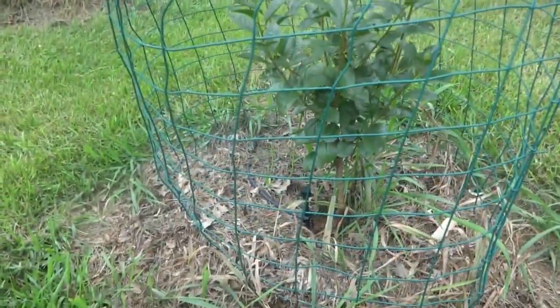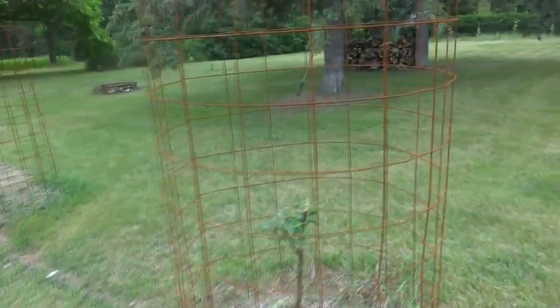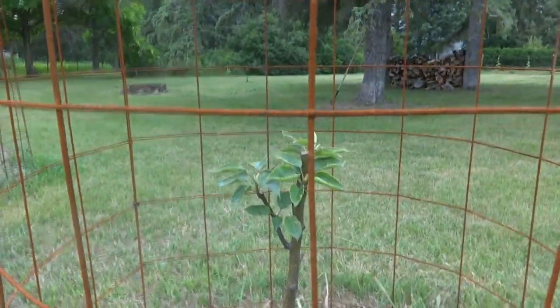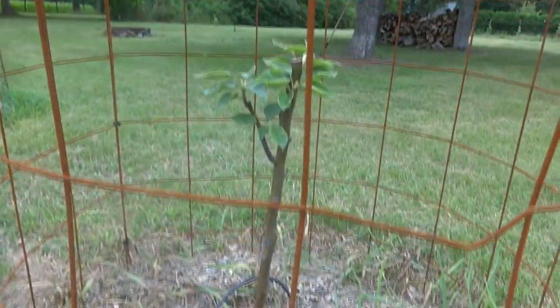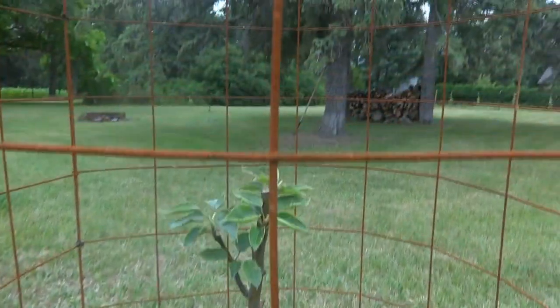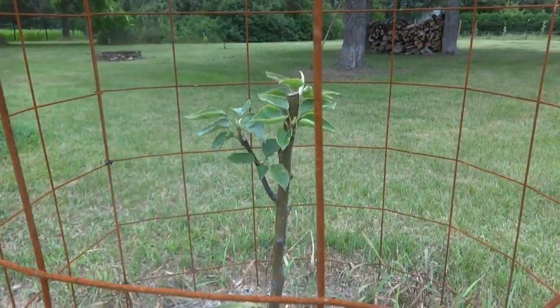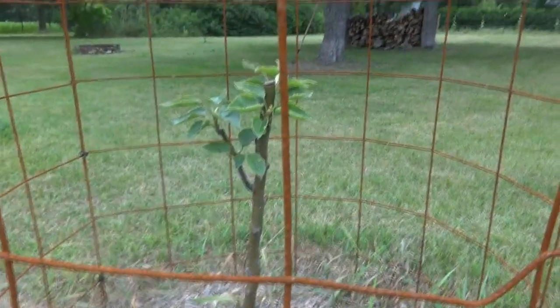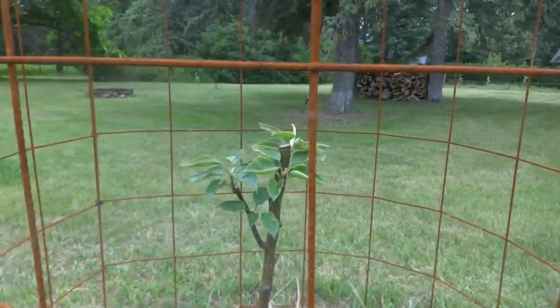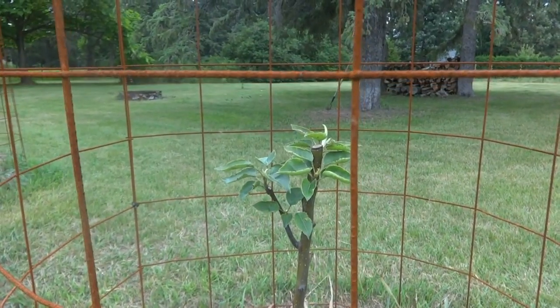Again, I added the irrigation to all these. This was an Asian pear, and it started growing and it just stopped. I started to look at it, and the more I looked at it, I noticed the black all over the bark. So I started cutting it down, and I noticed that it was dead. What we came to the conclusion is that it didn't survive the freeze over the winter,